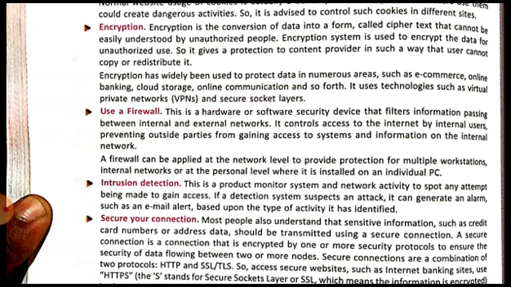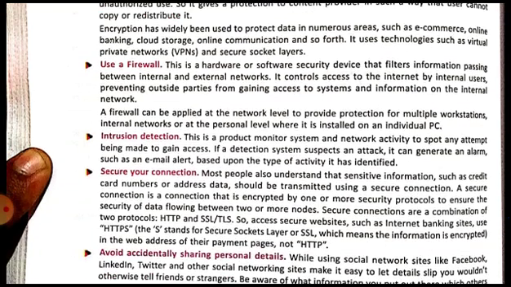So in short, you can say that it controls access to the internet by internal users, preventing outside parties from gaining access to the system. It will prevent those outside parties which are not authorized from gaining access to the systems and information on the internal network. So our internal network will be protected, and parties not authorized by us will not be able to access our systems and information which is very private and sensitive. In this way, a firewall is a very effective and efficient method for providing internet security.